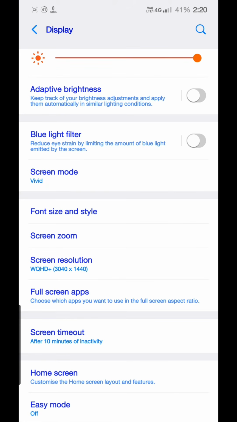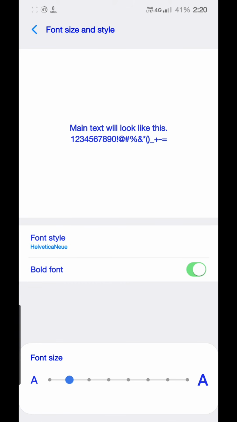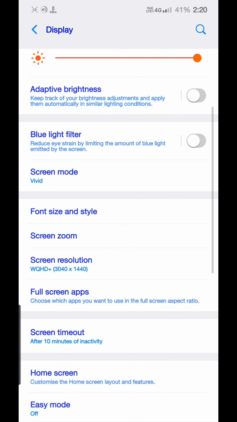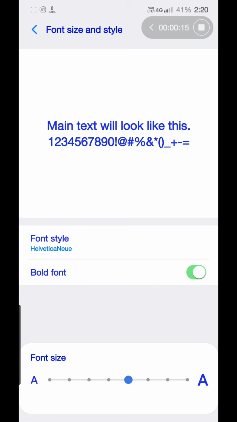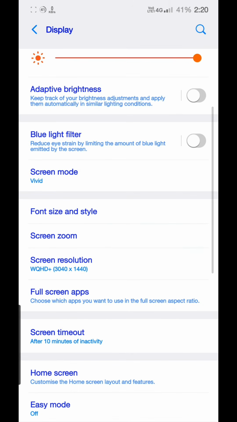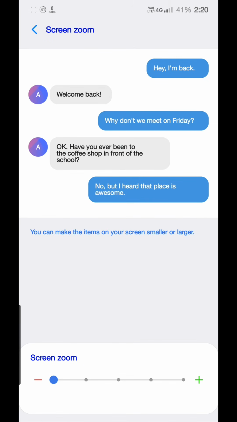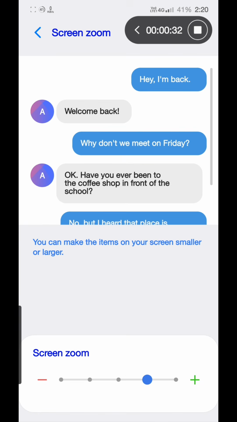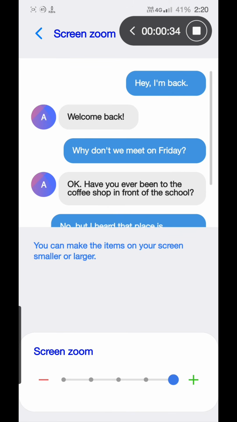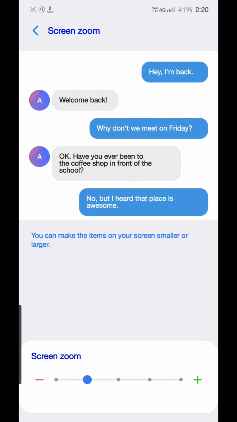So another change that has been seen in this One UI 2.1 is in font style and zoom. As you can see, the font size settings have got some more features. There were fewer sections for this, so it has been changed right now. Other than that, in screen zoom also, instead of just 1, 2 and 3 bar, we now have 5 zoom options. So basically the major option and the lower option are the same, but you now have options to select in between. So you can set your sweet spot here.